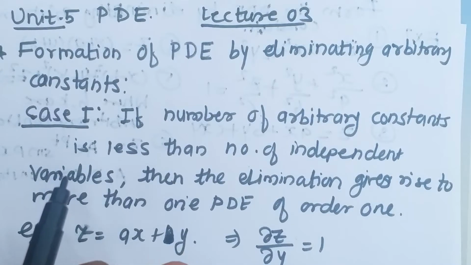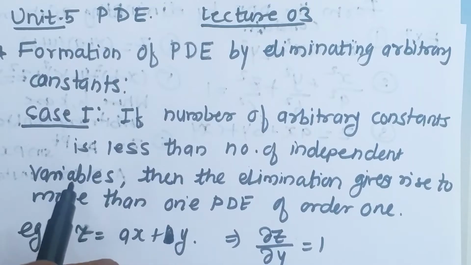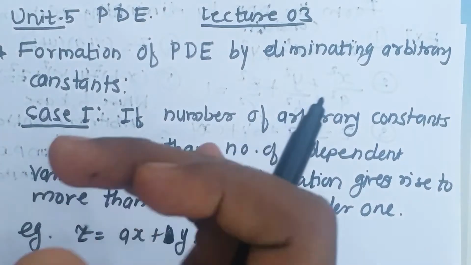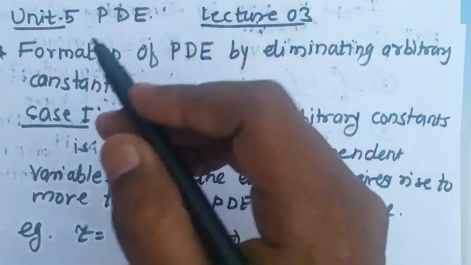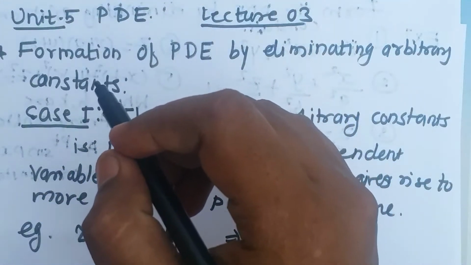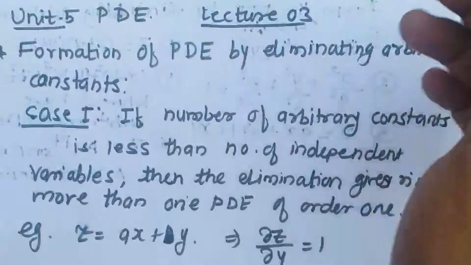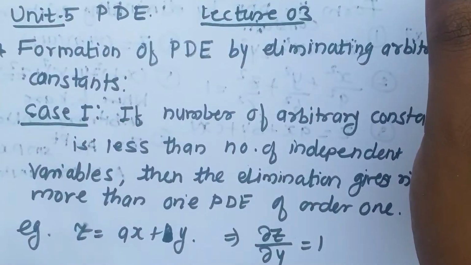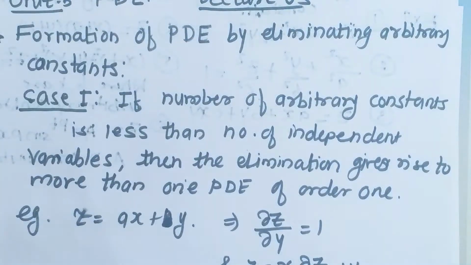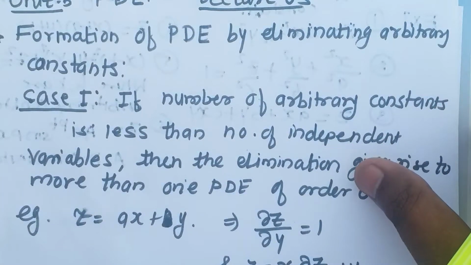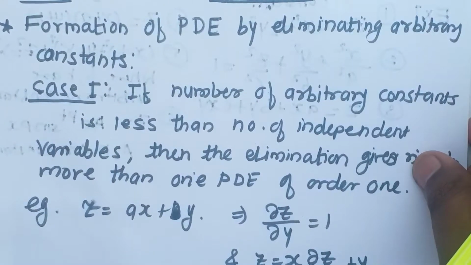In the previous video also I discussed the formation of a PDE by eliminating arbitrary constants, but there I considered just one case of forming a partial differential equation, whenever your solution is given in the form of two arbitrary constants and two independent variables, meaning f of x, y, z, a, b equal to 0. That function I had taken. Now there are a few more cases of formation of a PDE whenever the general solution of that PDE is given to you, and that I am going to discuss in this video.